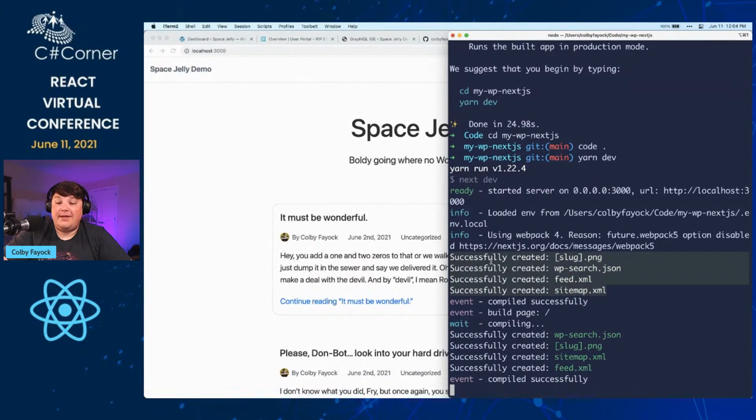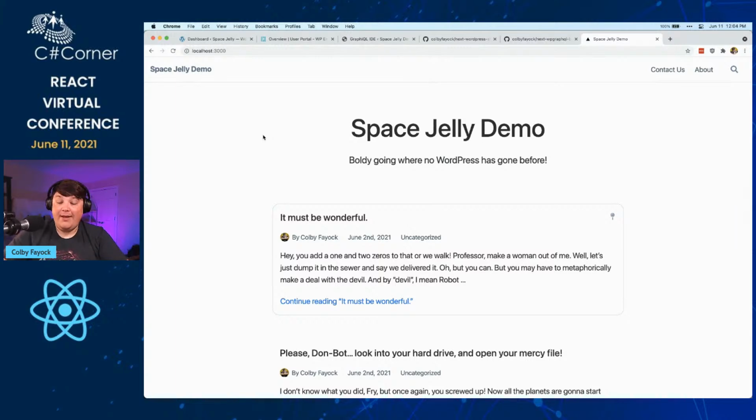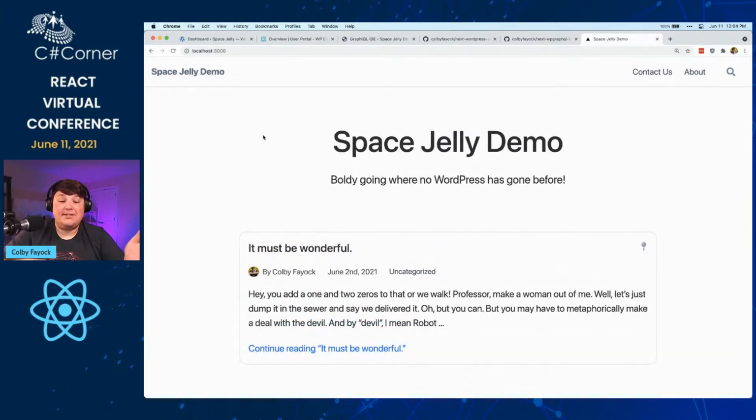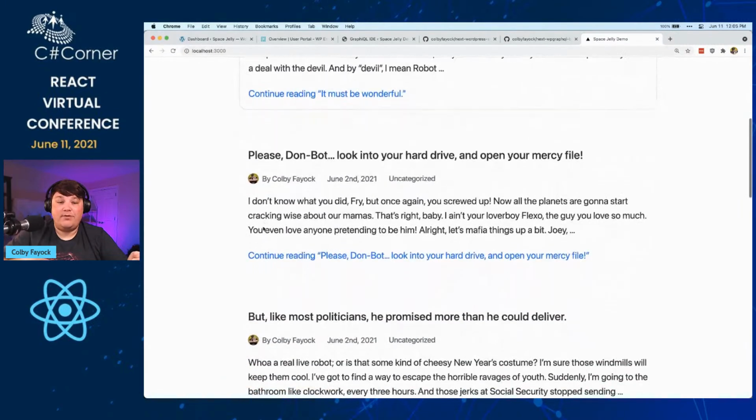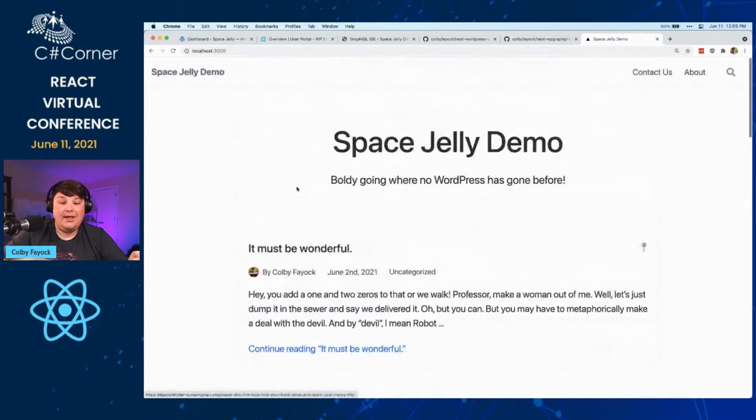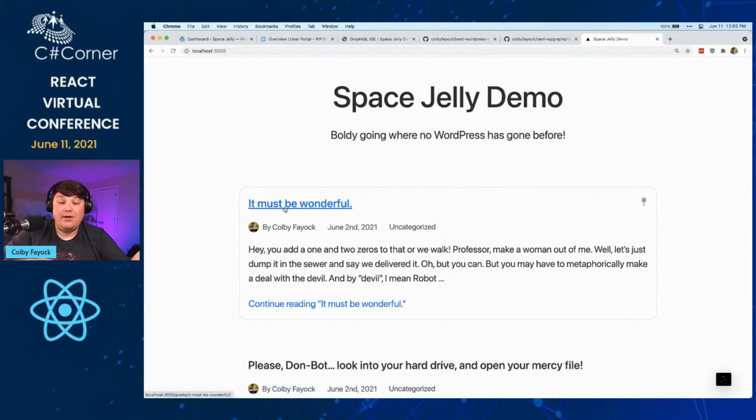One of the cool things about the starter is, in addition to the site itself, we're also creating things like open graph images. While they're simple, it's just a better way to show up on your social feeds. But we're also creating that search index, and we're also creating an RSS feed and a sitemap, because those are all things that we want to make sure that we have inside of our blogs. So now we can see that my new Next.js starter was already set up, and we're going down through these pages, and we can see that that's exactly what we were seeing inside of our WordPress admin. It's a bunch of the blog posts, and if we click through,